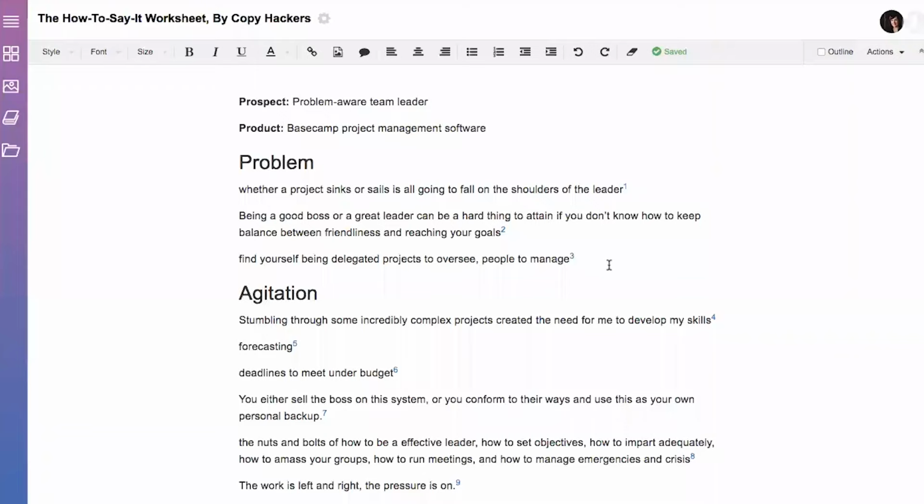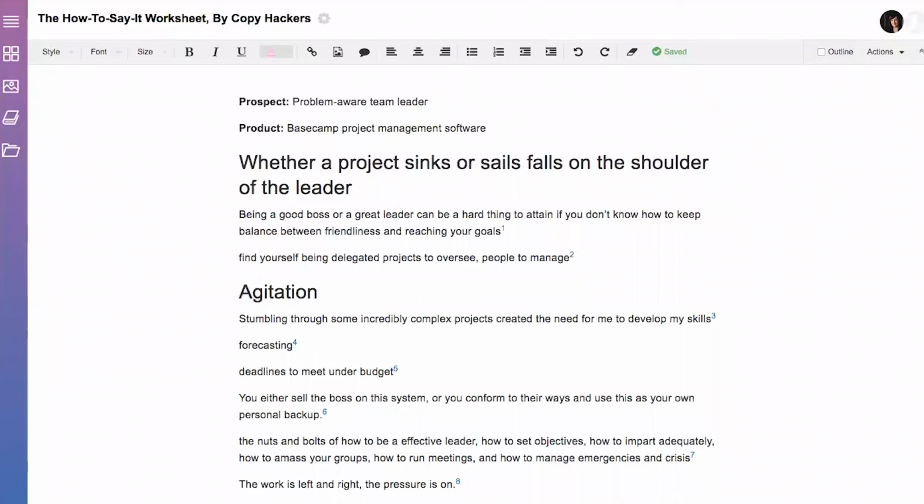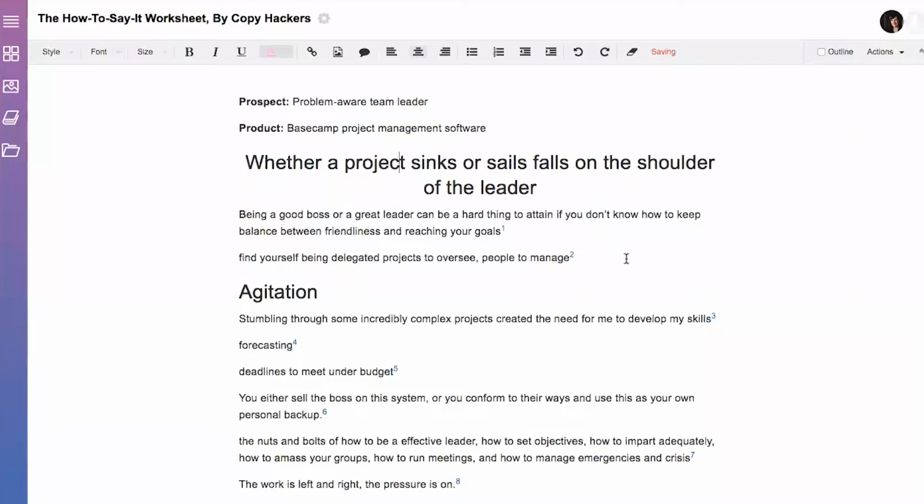I could take any of this stuff that I've got here, whether a project sinks or sales falls on the shoulders of the leader. What if that was my headline? Could be, whether a project sinks or sales falls on the shoulder of the leader. Let's say, so we start with that, and now I'm not sitting here wondering what to say, or frankly how to say it. I'm just filling this in and starting from a really strong place where my job then becomes stitching all of this stuff together. So that's the core of how you use Amazon review mining to write a page where you